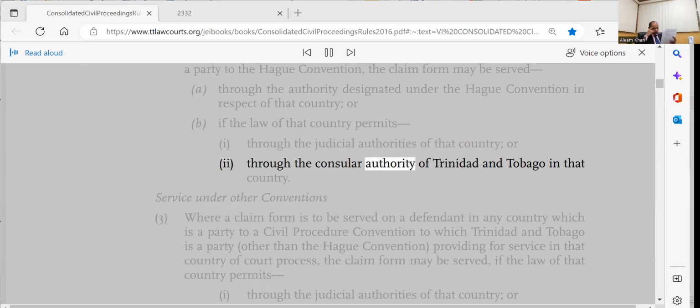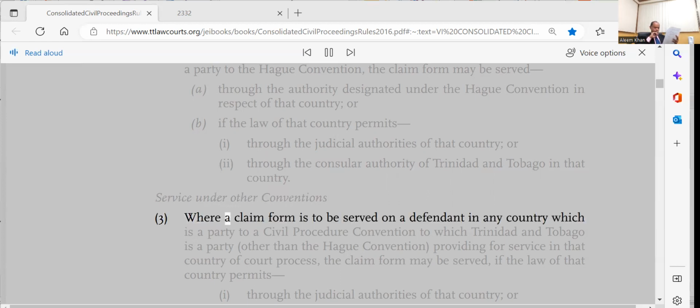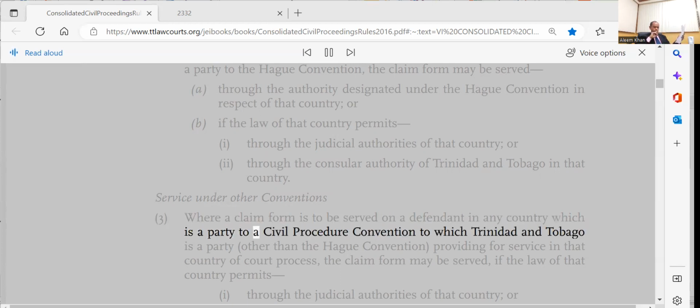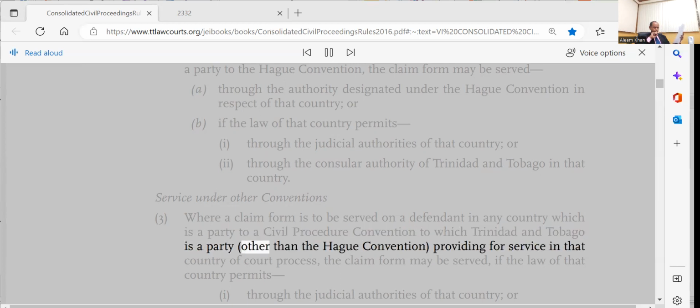Through the consular authority of Trinidad and Tobago in that country. Service under other conventions. 3. Where a claim form is to be served on a defendant in any country which is a party to a civil procedure convention to which Trinidad and Tobago is a party, other than the Hague Convention, providing for service in that